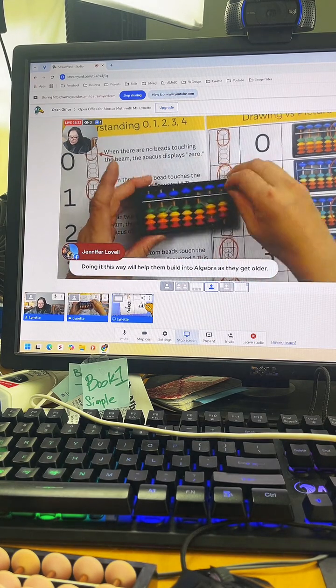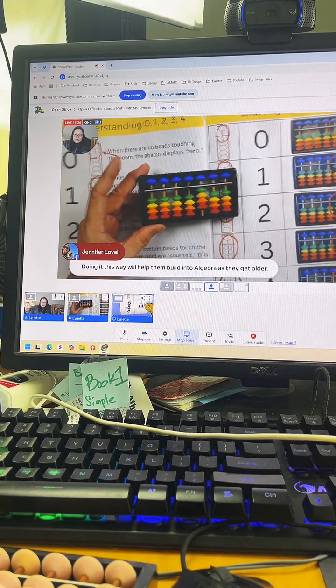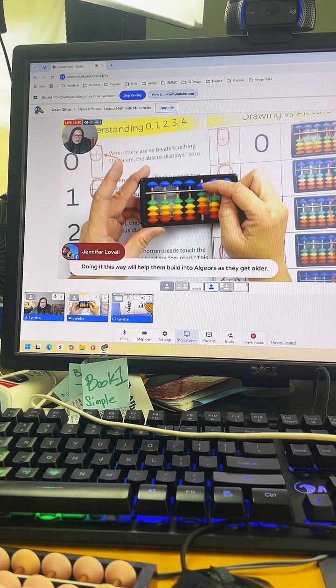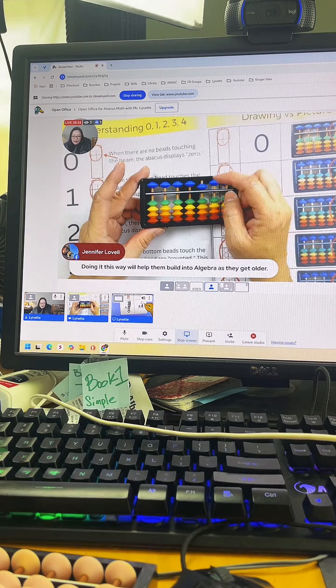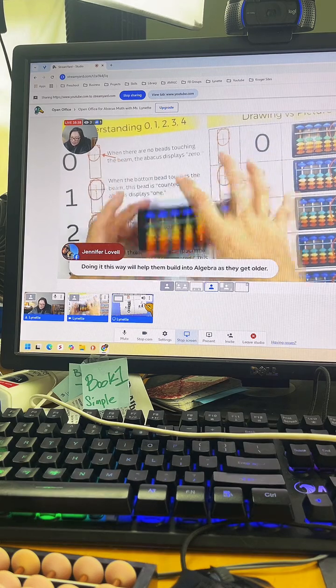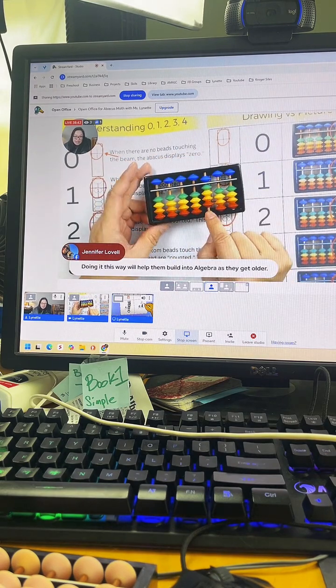Okay. So in the beginning of the book, we start talking about how to read the abacus. So the thing here is how to read the abacus. Oh, let me do the other one. Let me do that one. Oh, there we go. So, the first thing, because it's not. I mean, when we do